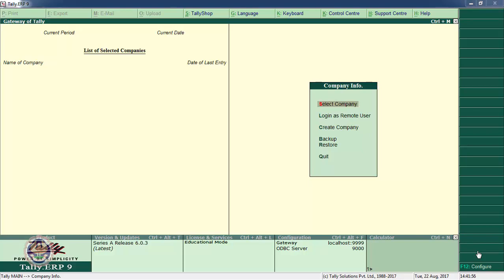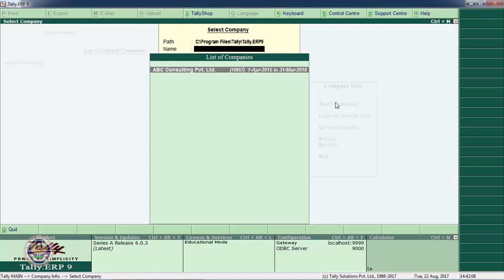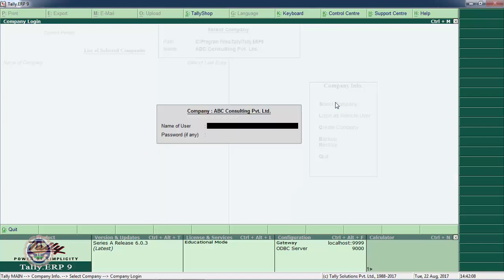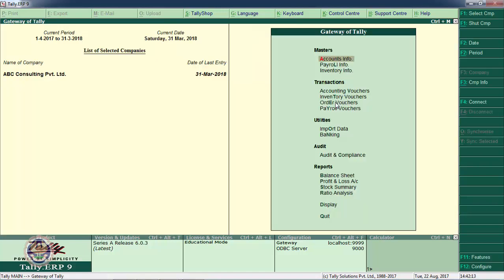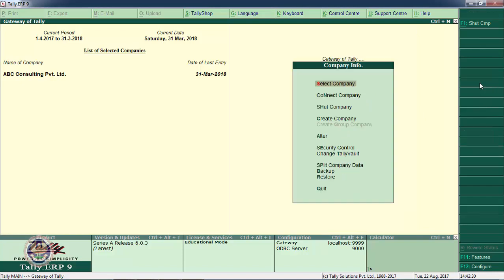So for that purpose, we need a Tally company. I have opened Tally software and I am opening one company. I am clicking on this select company button. This is one company available with us for some demo. I am opening this company from admin ID. The company is opened. To start using the basic Tally audit feature, that is the quantitative aspect of audit, we first of all need to go to company info screen. I am clicking on this company info button on right hand side button bar.